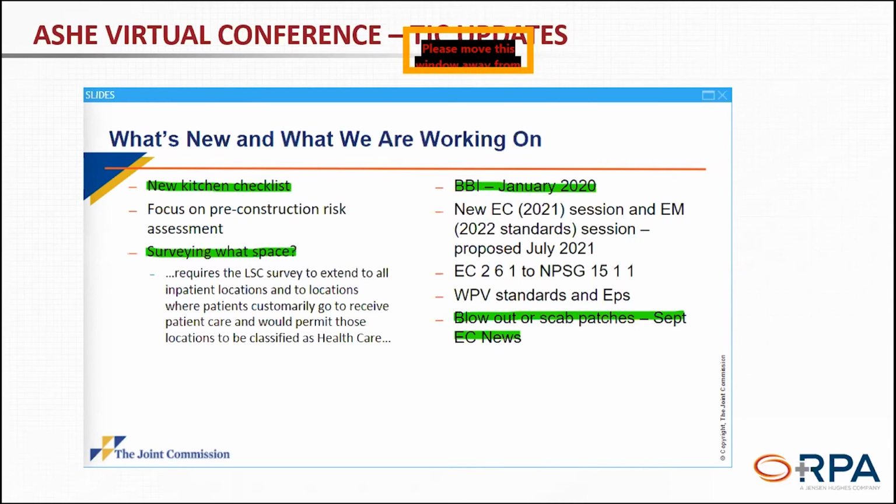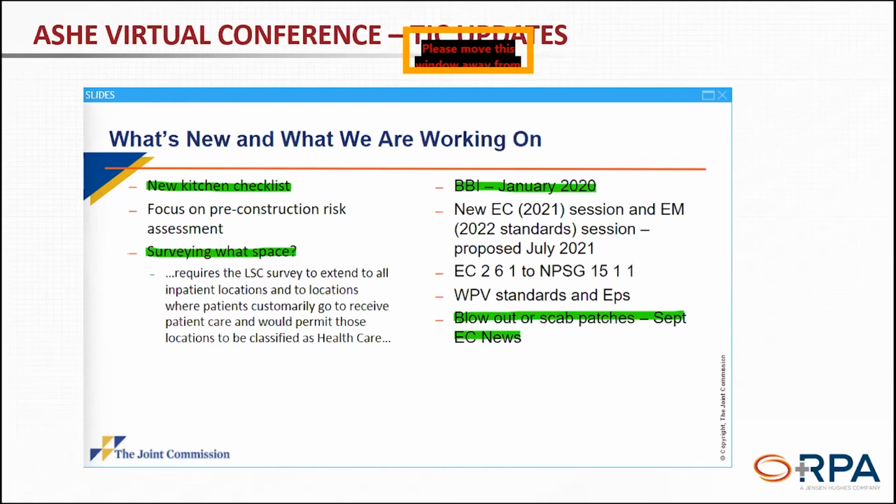As long as you're maintaining your occupancies and your MOB areas, just because they're seeing patients doesn't necessarily mean it has to be healthcare. But the Joint Commission will be going to those spaces to trace down those areas to make sure that they're being maintained and you're meeting the appropriate requirements for that given occupancy. So whether that's a business occupancy or an ambulatory healthcare occupancy, whatever it might be, you're meeting those particular